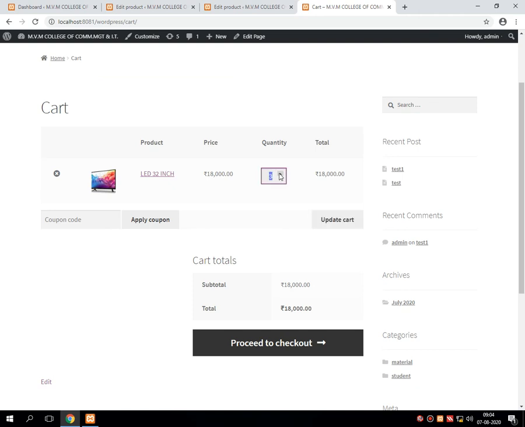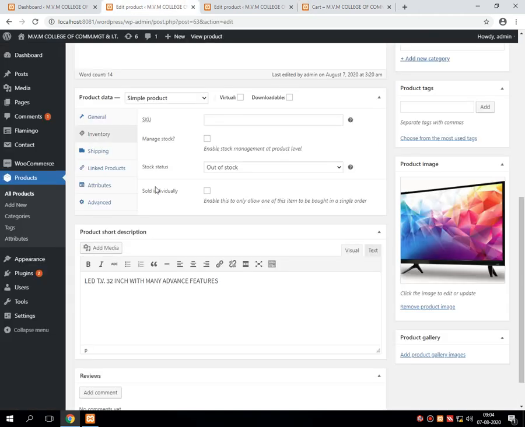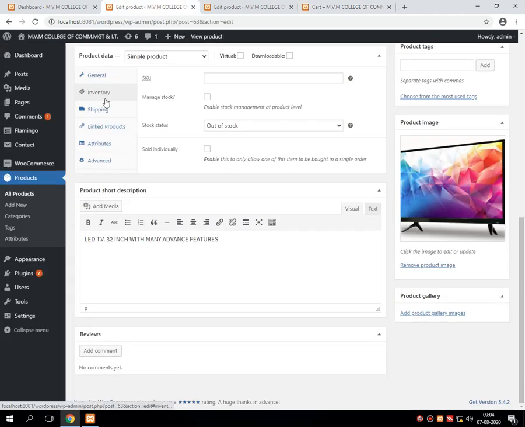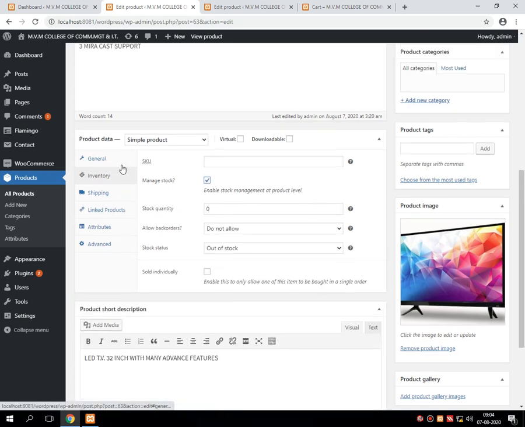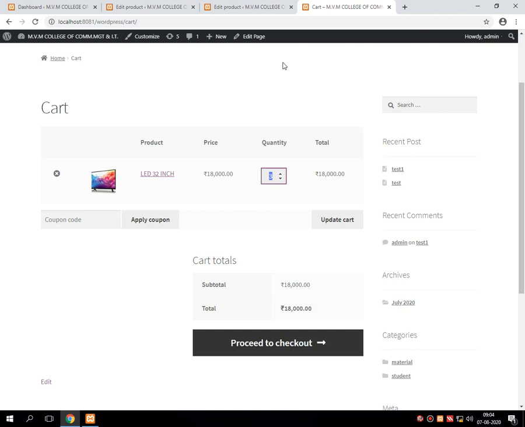Try to select more than the assigned quantity, and it will not allow it. As you can see, in the inventory I have assigned a stock quantity of 3 for this LED TV. So whenever the user wishes to purchase more than 3 quantity, it will not be allowed.